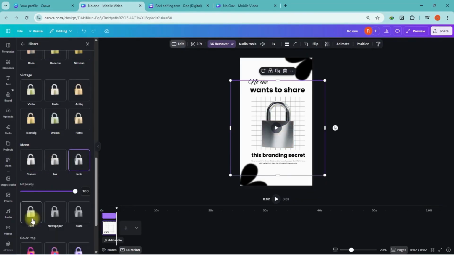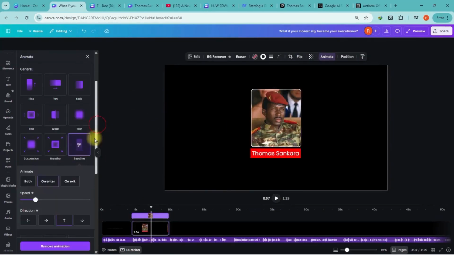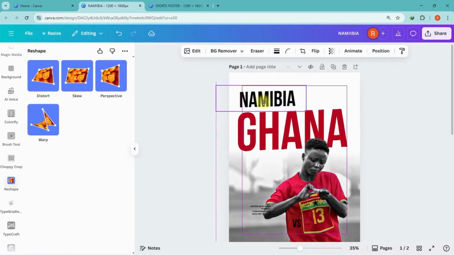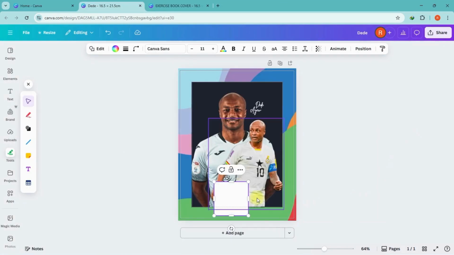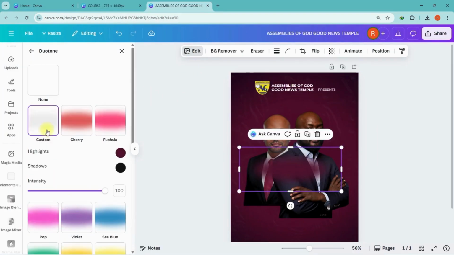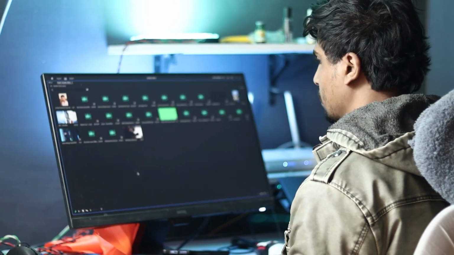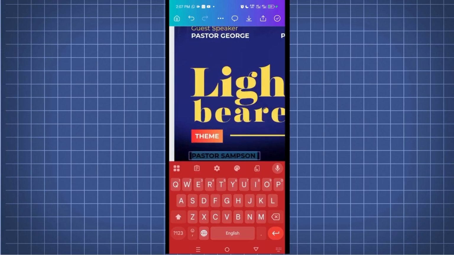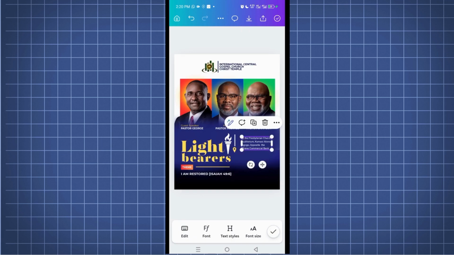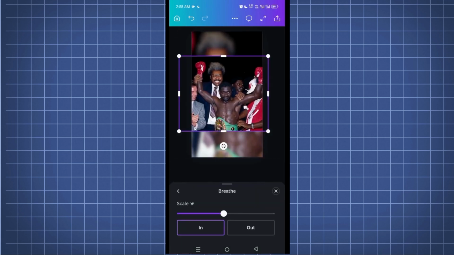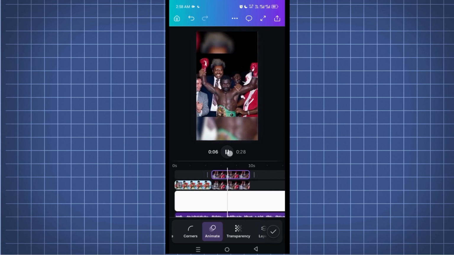You will learn how to create reels, promotional videos, documentary-style videos, social media content, flyers, posters, presentations, and much more. One of the most unique parts of this course is that you will learn how to create professional quality content using both a computer and a smartphone. Whether you're editing videos, designing graphics, or creating social media content, you'll discover how to work efficiently from anywhere. Canva simplifies the creative process, allowing you to produce impressive designs and videos in less time while maintaining a professional